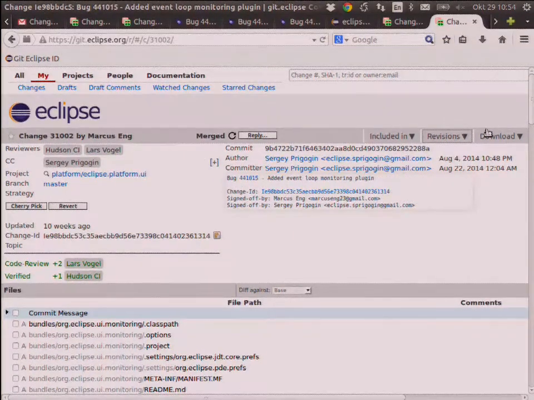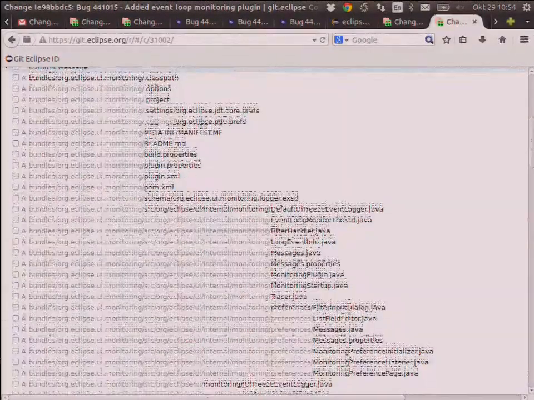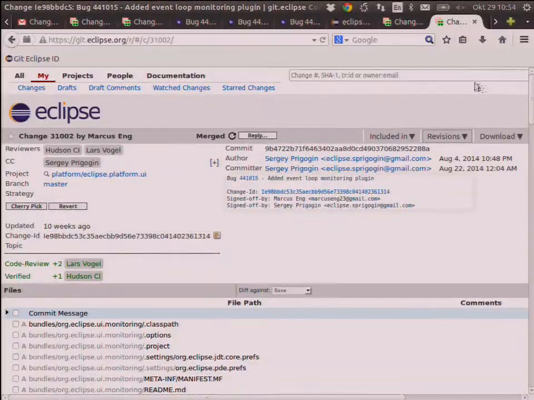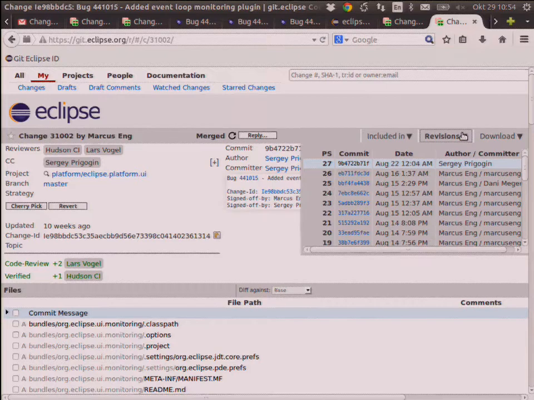Let me look at a contribution from Google, which I integrated into the platform. You see we have quite a few files involved here. Yeah? And it took us a while to get this in. So Google initially published a patch, which was patch set 1. We did a few reviews, other people jumped in, also did a few reviews. Then I did a few reviews more. Then Google did internal reviews. And we had like 27 enhancements of that. And finally, we integrated it. What is it?